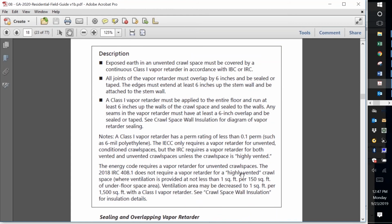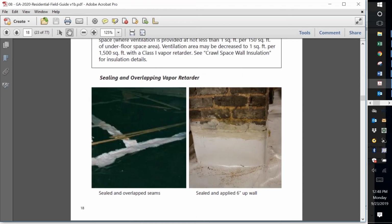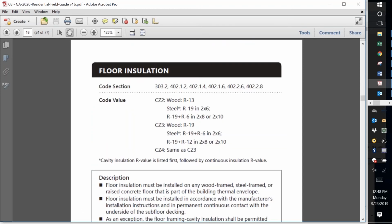Down here it says highly vented. It's got basically 1 square foot or more net free area for every 100 square feet. It's like a house on piers, but most crawl spaces have to have plastic. So here's examples. And then if you're going to do floor insulation, again, I'm not a big fan of it,